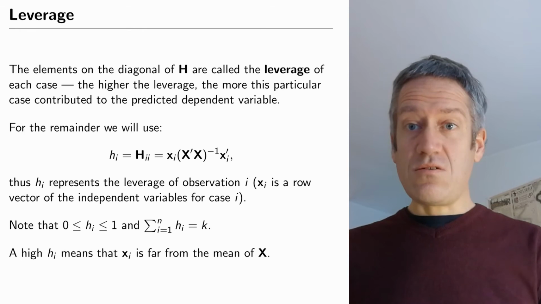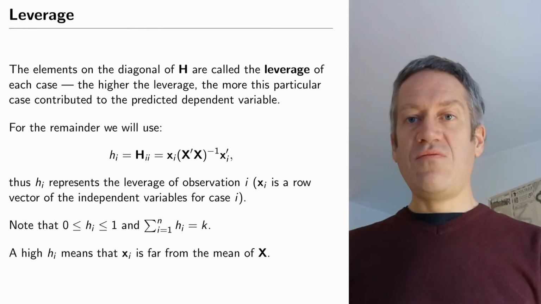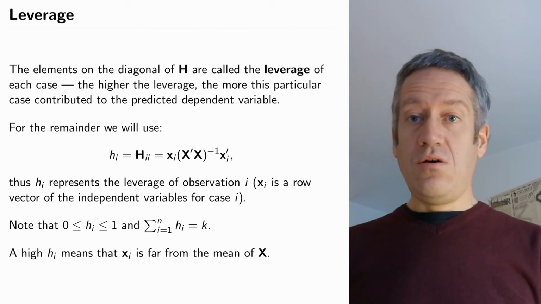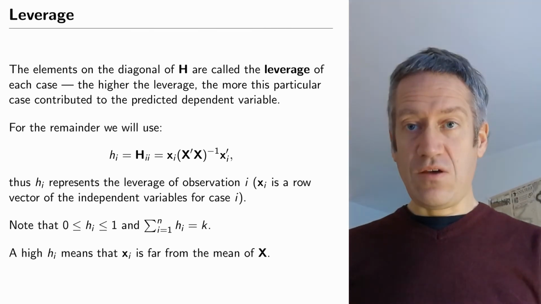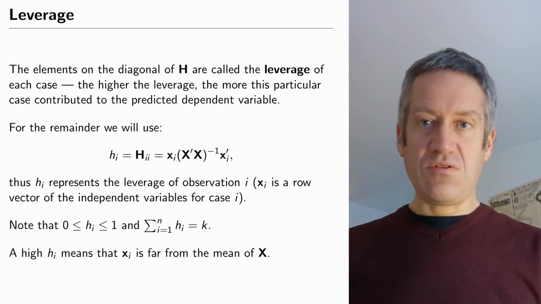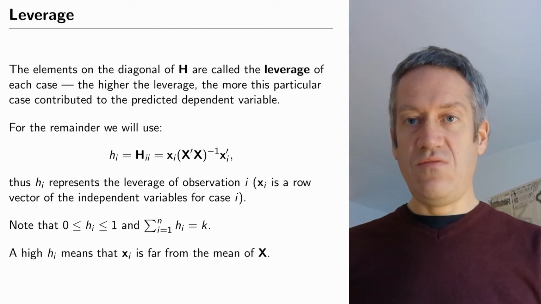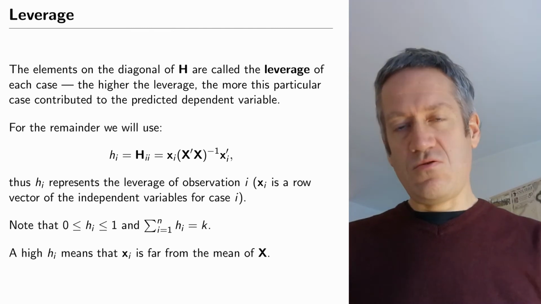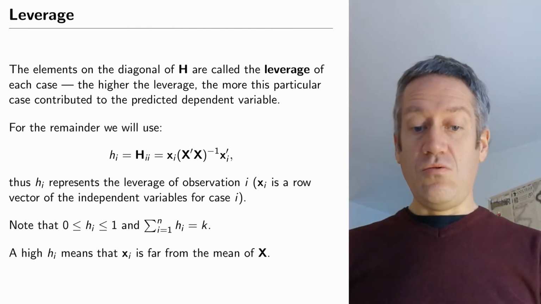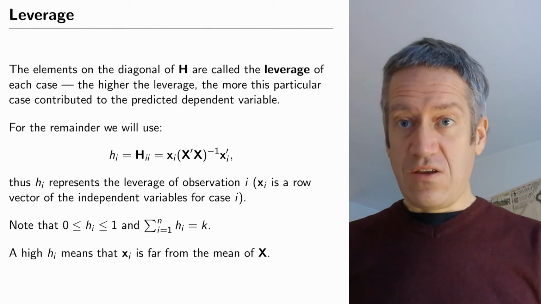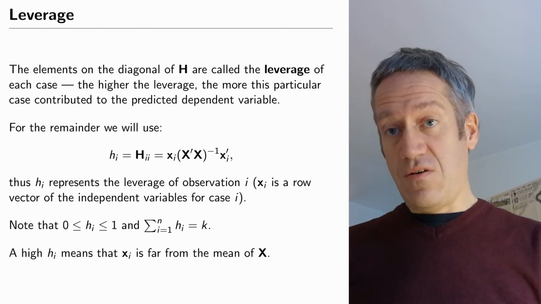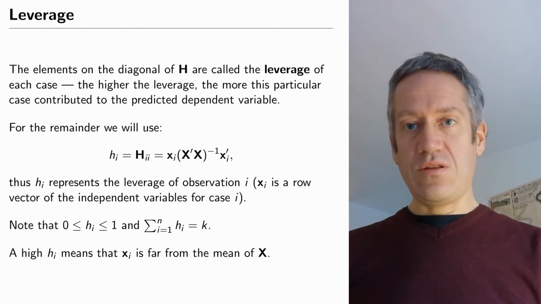And so as a measure of this leverage, we have the diagonal of this projection matrix. If the diagonal of this projection matrix has a high value, then that particular data point has high leverage, so had a strong influence on the result potentially. So not necessarily an influential point, but a high leverage point. So a high leverage value means that this particular x vector is very far from the overall points in the